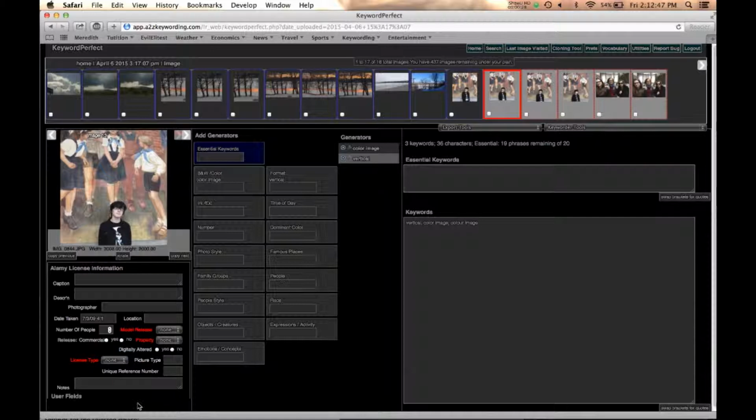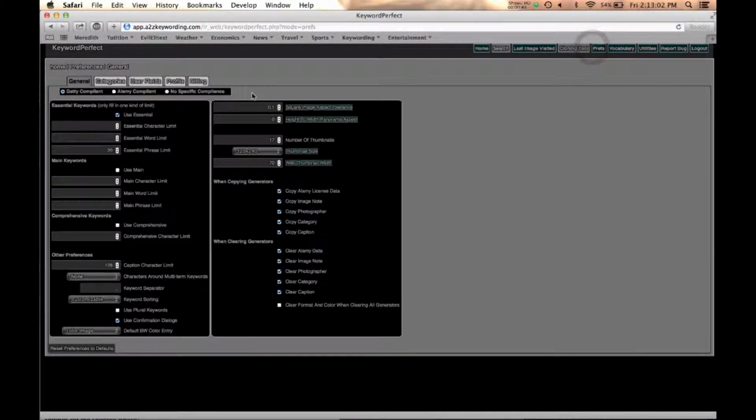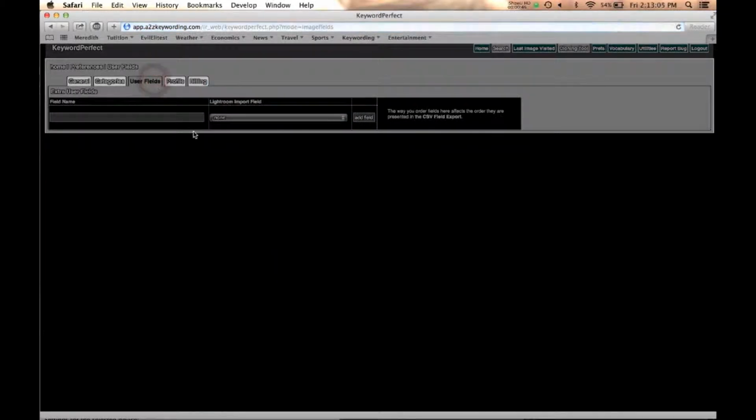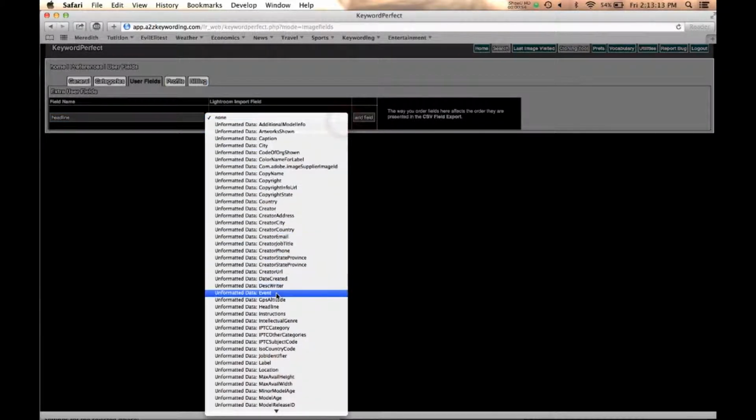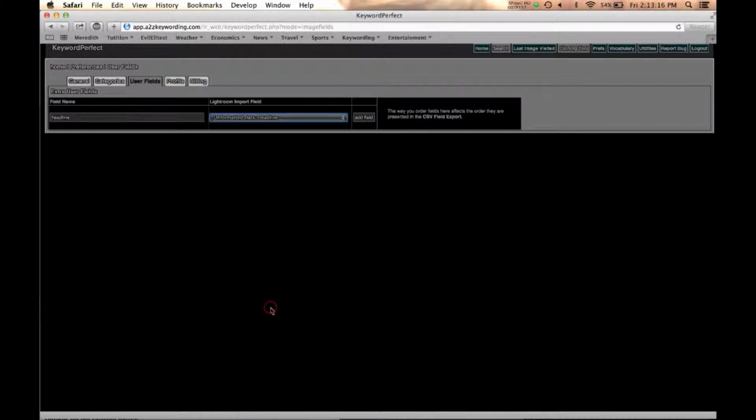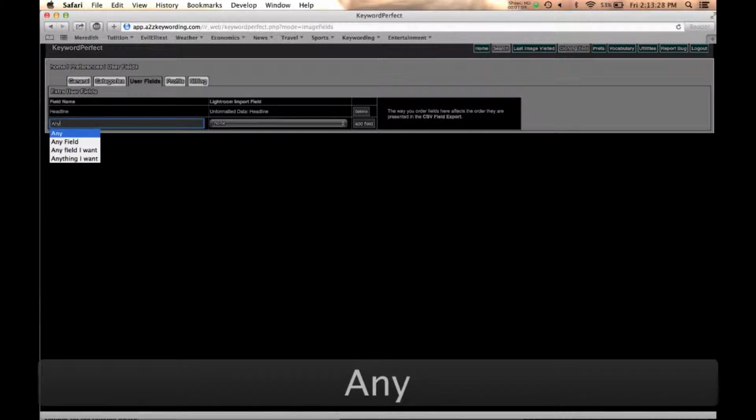But we've also found that we need to add other fields that the user wants that we don't know. So we now allow the ability to have the user add any field in which they want. So let's go to Preferences and we'll look at that. Go over to User Fields and you see you have your fields here and you can add them. Just type in the name and then you can connect it to a field in Lightroom. So we'll go and connect it to that one, and then I hit the button Add Field, so that it will import and export to the Lightroom field,